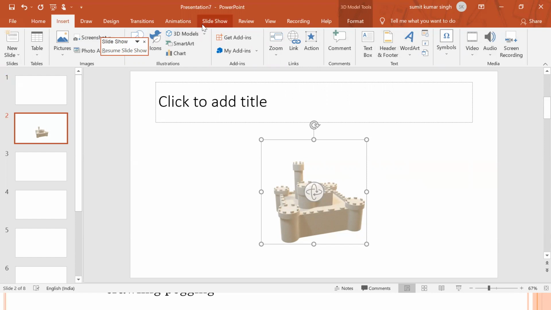The different commands are there: smart art, chart, add-ins, zoom, link, hyperlink, you can add comment, text box, header, footer, word art, date, time, everything, symbols. If you're writing something mathematical in PowerPoint, you need symbols and equations. Ask anyone if anyone has any doubt, any question.